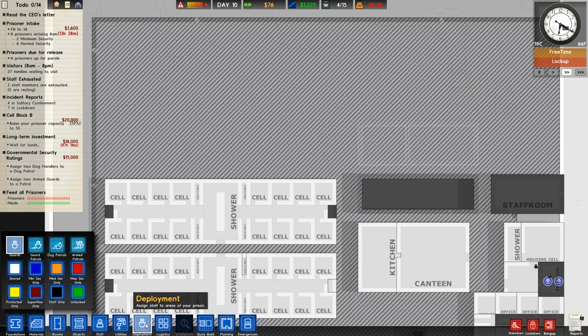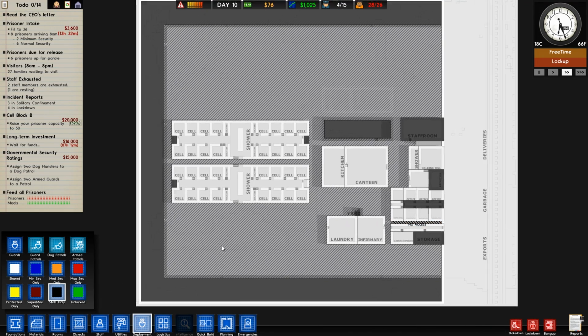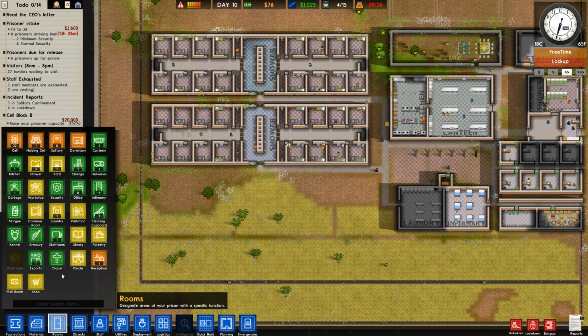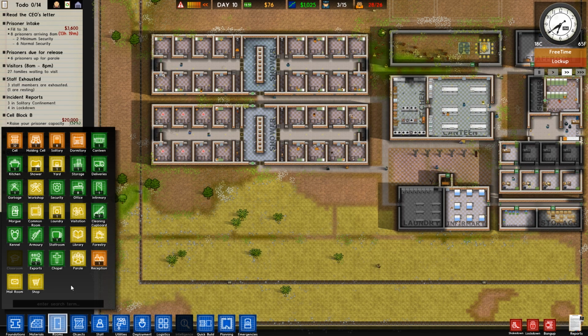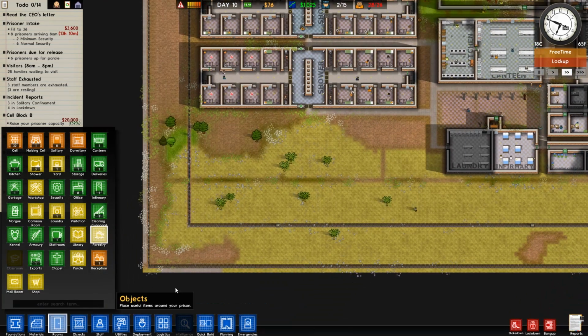So we'll use our deployment. The first thing we want to do is set this external area to staff only. And then, if we go into rooms, we should have an option for forestry, I believe. Forestry. So, minimum size is 5 by 5, and it has to be outdoors. If we assign all of this to forestry, which I think we can...